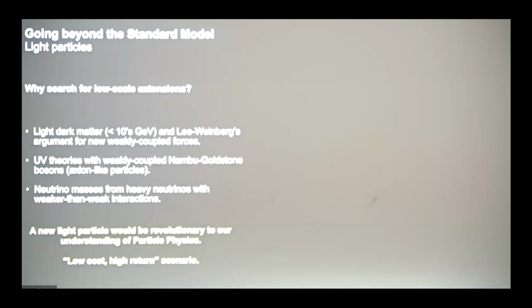And finally, who knows what neutrino masses are? One hypothesis out of the many ambiguous ones is that this is coming from a seesaw-like mechanism. The masses of those heavy neutrinos are purely unconstrained from the theory side. So we should look for those under the lamppost as well. Ultimately, though, we look for light particles because we can. That's just a low cost, high return scenario.